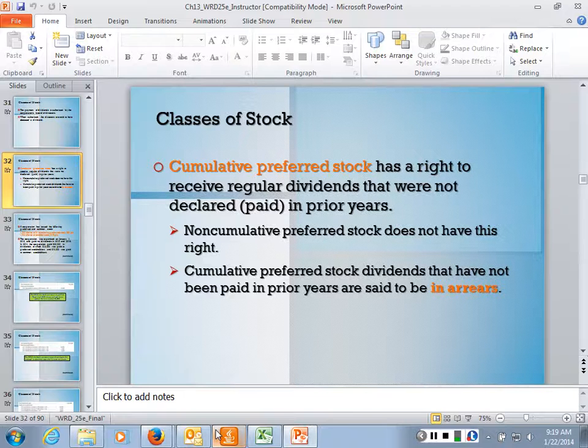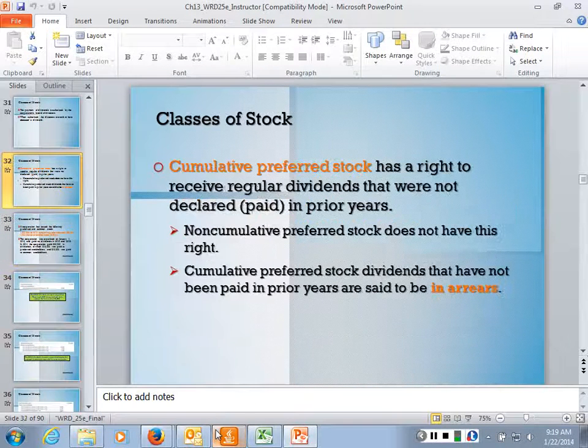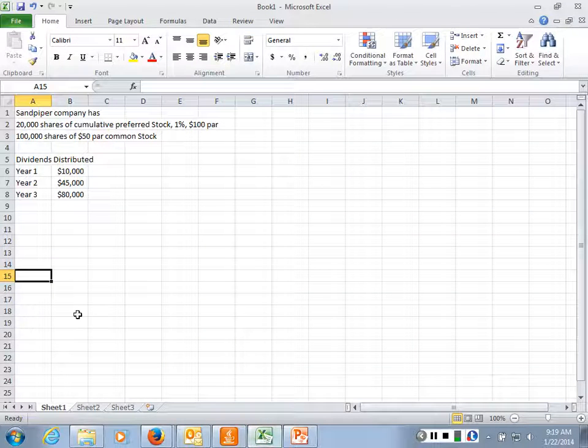So non-cumulative, which is the next slide, well, somewhere in here, sorry. Non-cumulative basically just means that you are not going to get that. You're going to just be out that money. So what I'm going to do now is I'm going to go to Excel, and I just typed this up